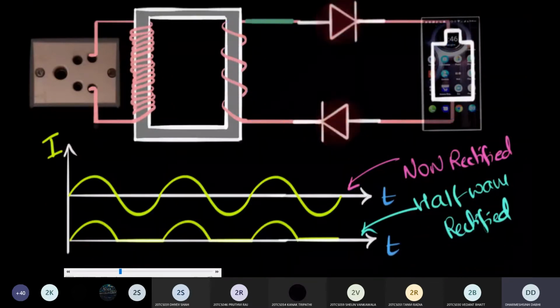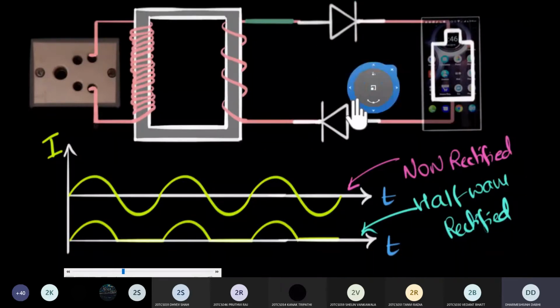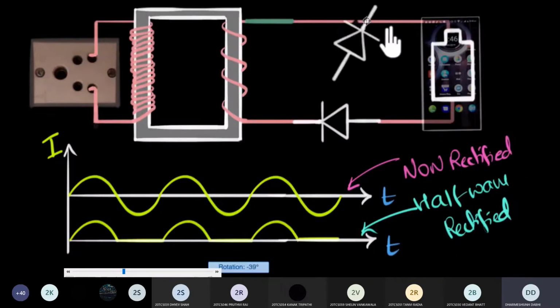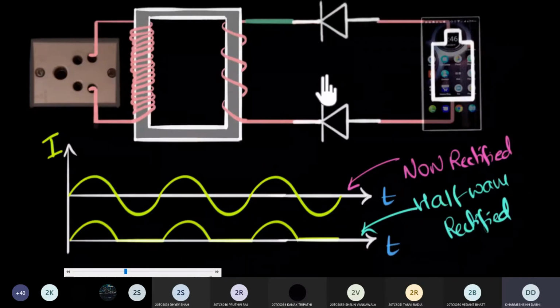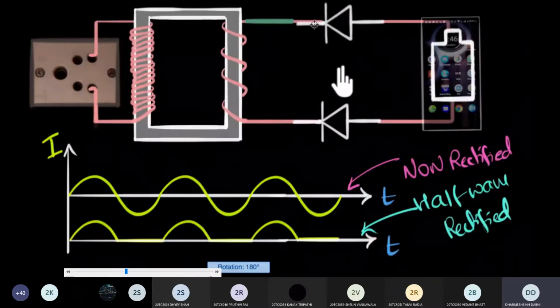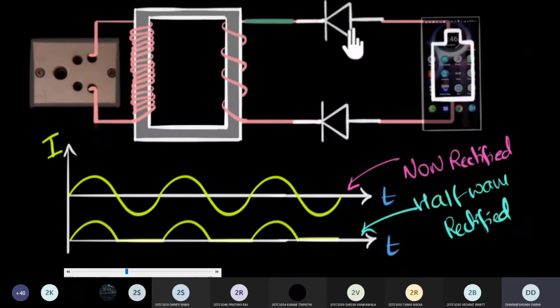So what do we do? What people really did to get a full wave rectifier is something not very obvious to me, so I don't think we can work towards it logically. So I'll just tell you what they did. Their idea was, we'll first bring this diode back to the original orientation. Both of them will be put in the same way. Okay, so their idea was to take these two diodes and put them in a different circuit altogether. That was the idea. So how do we do that?